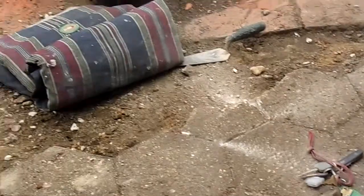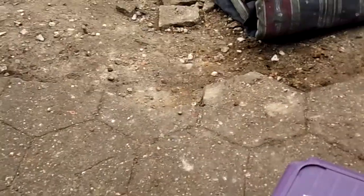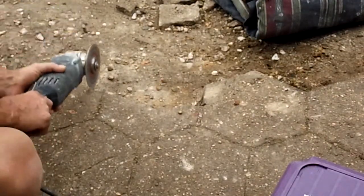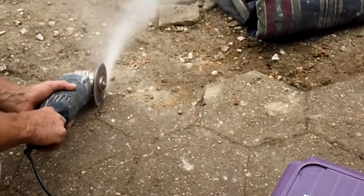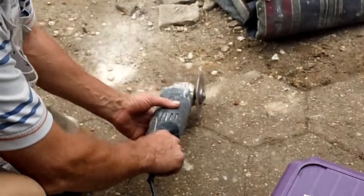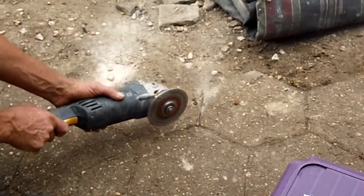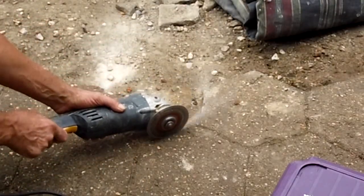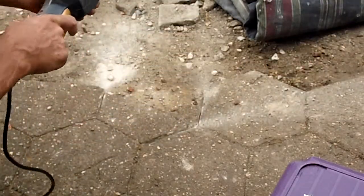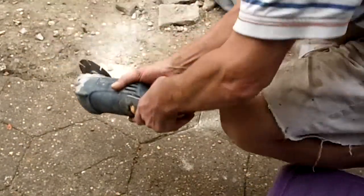Just gonna move over a little bit more to this one. Careful with cars driving by and everything else. So